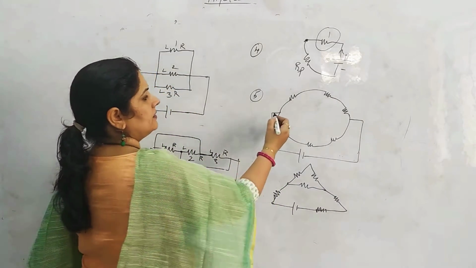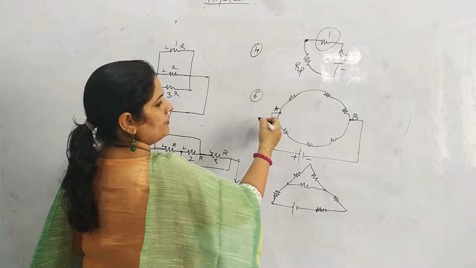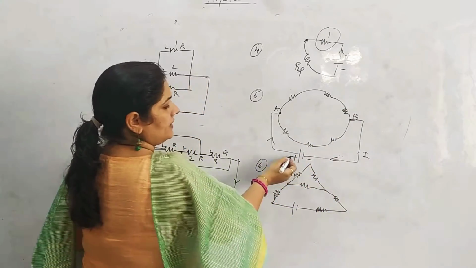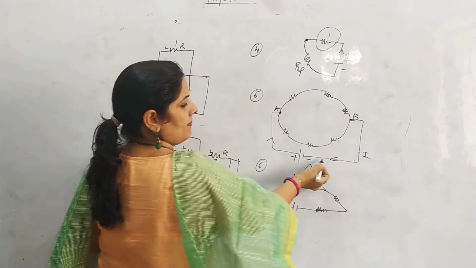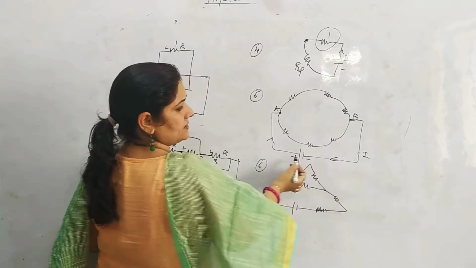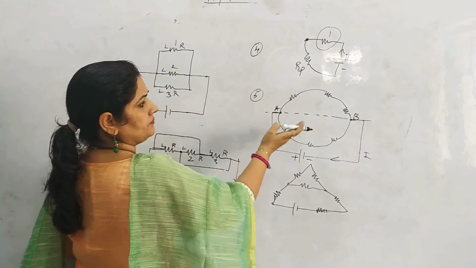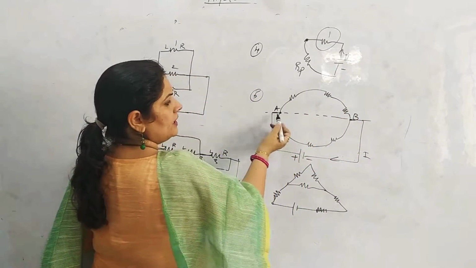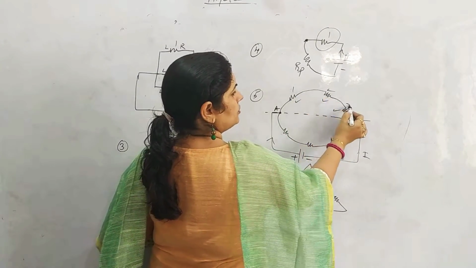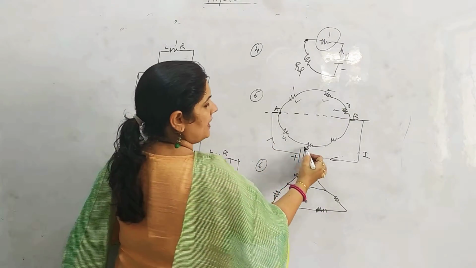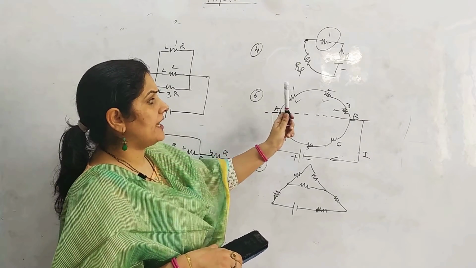Now the next part. Say this point is A, this point is B, this is the battery. Current started moving from here and coming back from here. When current started moving from here, it has multiple ways. Current can go like this and come back like this, or go like this and come back like this. So multiple ways means this part, the upper part, has the same current flowing, and the lower part has the same current flowing. Because the same current is flowing, 1 2 3 are in series, and 4 5 6 are also in series. After solving, we get two answers, RS1 and RS2.